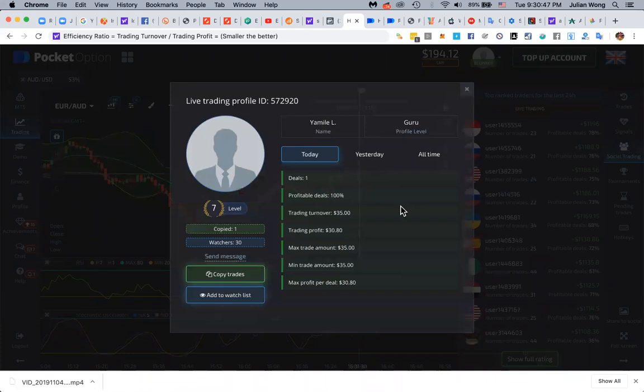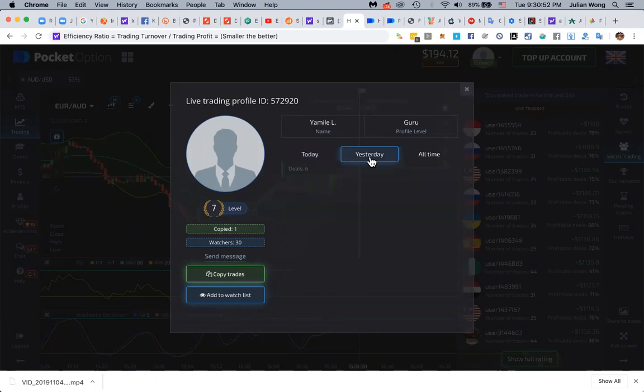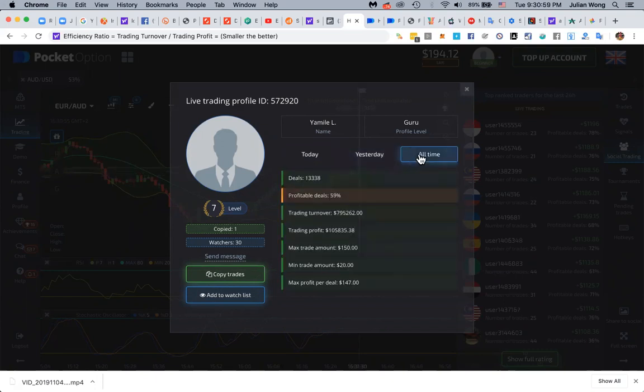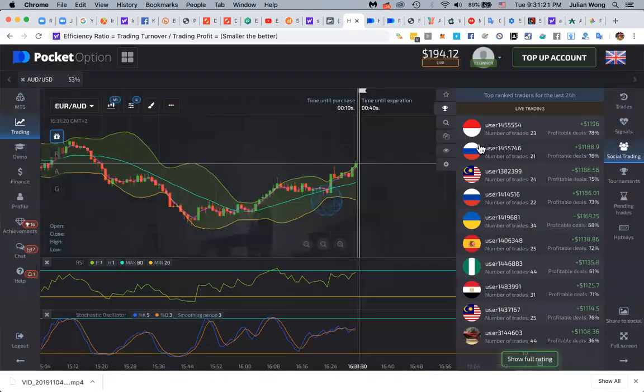something decent. So let's look at today. He did one trade, and yesterday he did 6 trades, and his efficiency is about 4 times, which is not bad. All-time efficiency is he's still quite efficient. And now let's look at his trading though. I don't think he's so suitable for people who have a small account. Or maybe it's possible. To be honest with you, most people here money go, but okay, I'll give you a heads up.